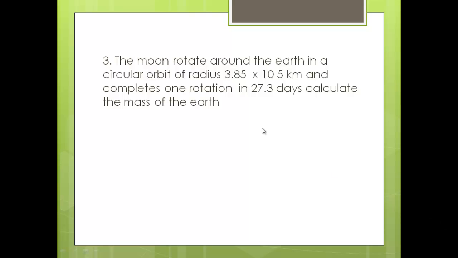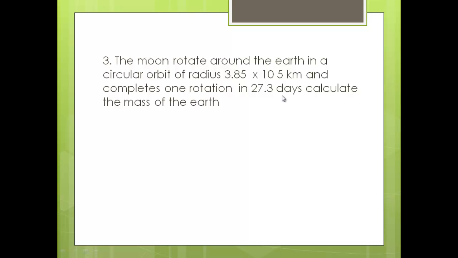The third problem says that the moon rotates around the earth in a circular orbit of radius 3.85 times 10 power 5 kilometer. This is the radius of the orbit, which means the radius of earth plus the height of the orbit. And it completes one rotation in 27.3 days. That means the periodic time of motion is